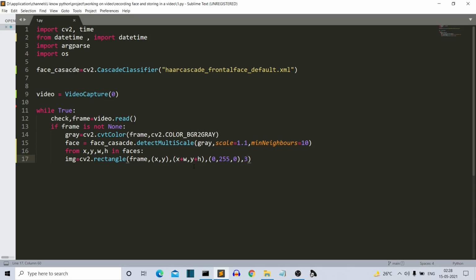Now if you want to create a rectangle, you should know the height and width. This is what we are doing here. First the starting X coordinate, then the width, and then the starting Y and the height. So this is how we'll draw the rectangle. Then we have the color of the rectangle. Here we are drawing green, and the last parameter is the thickness of the rectangle, the width of the pen that will be used to draw it.